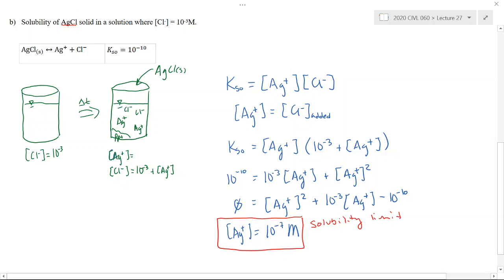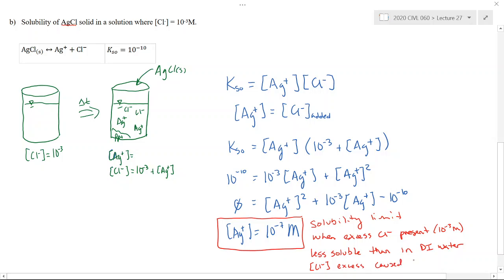So the solubility limit when excess chloride is present, and excess means 10 to the minus 3 molar. And so what we can see is that this is less soluble than in DI water. So the presence of the chloride excess